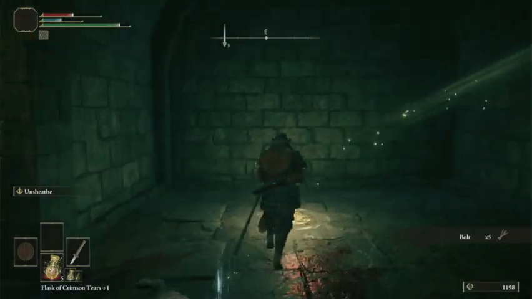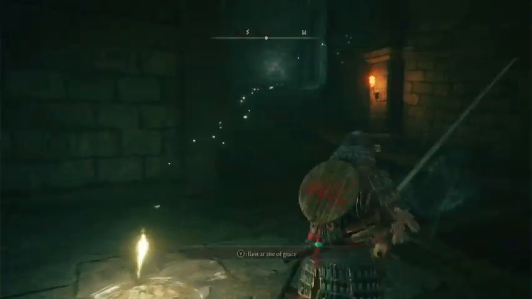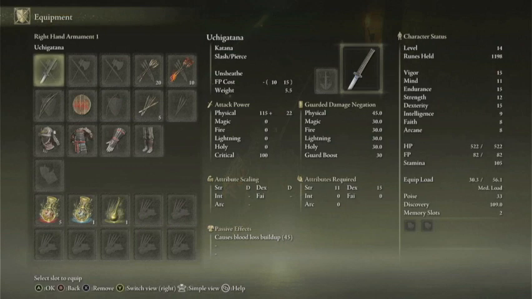Alright, let's rest at the grace and let's try and fight the first boss. He's a little challenging, but he's really weak to two-handed jump attacks. They break his posture very easily. And if you're really struggling with him, there is a merchant in Limgrave in a cave that sells this thing